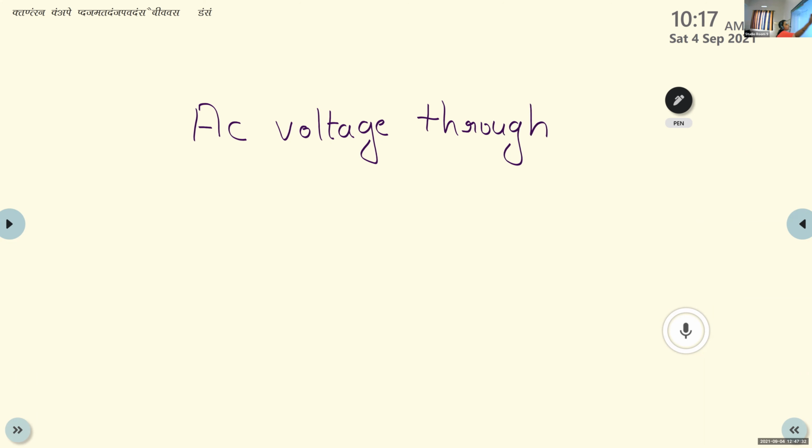Consider a capacitor with the capacitance C,